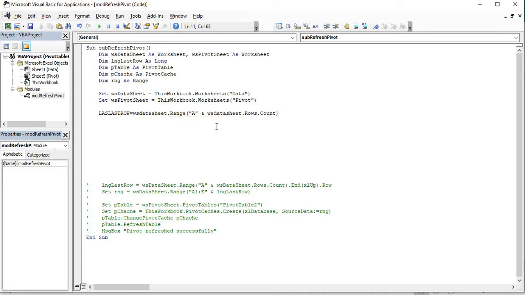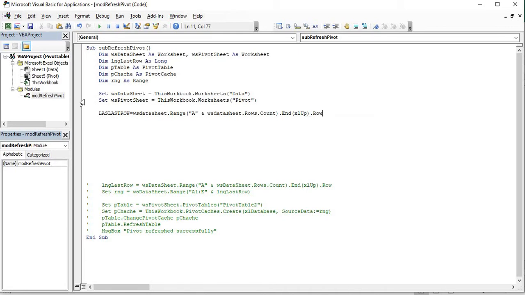So from here I am going to press the Control Up key. So you can use the End method and pass the argument as xlUp. So it will press the Control Up key from the last row of the A column. Then that row number we need to note down and store it in the lngLastRow variable.